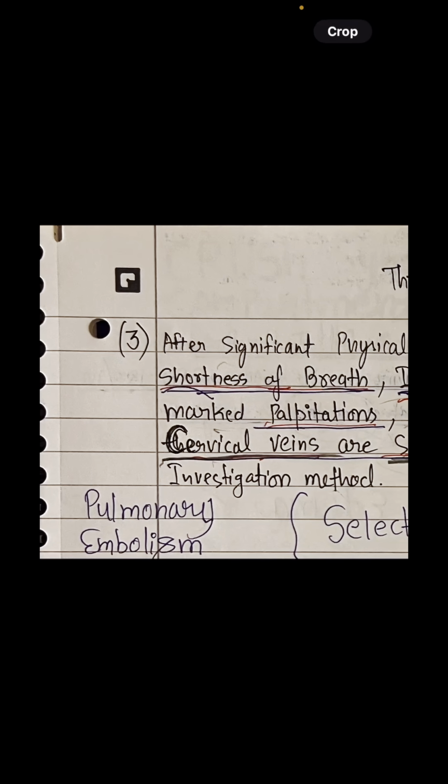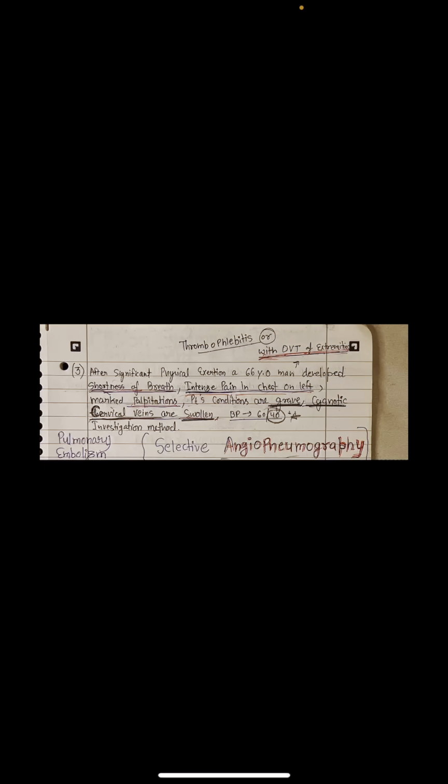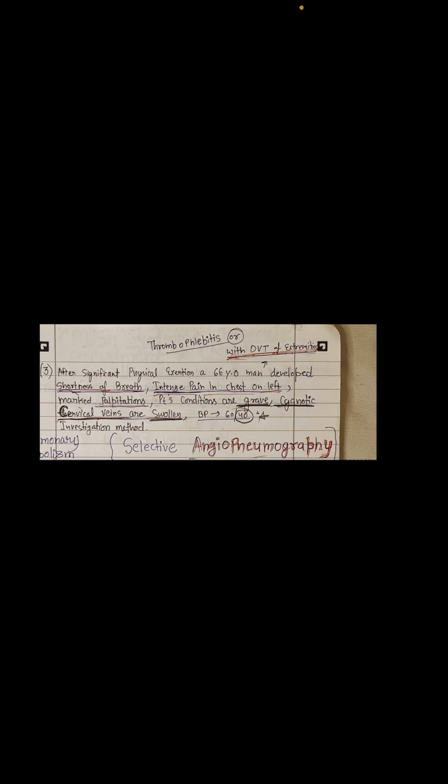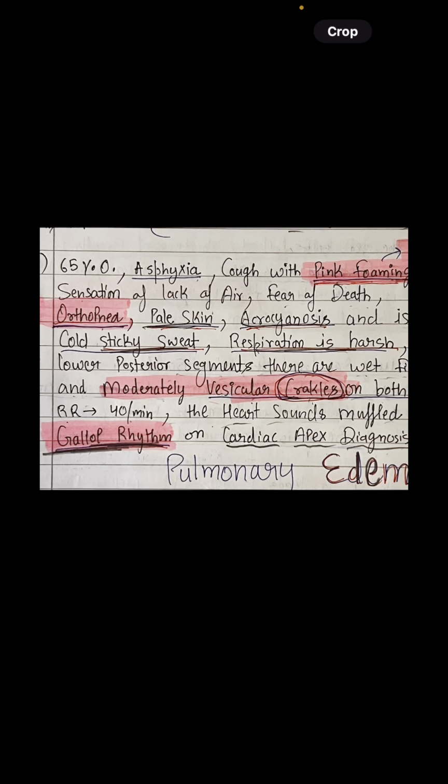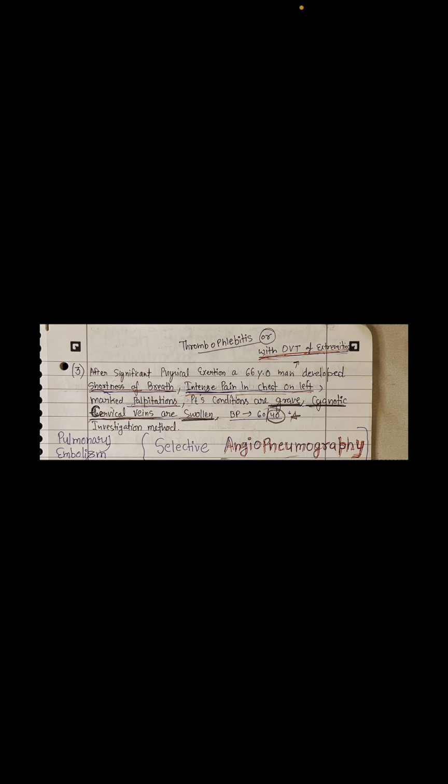So the diagnosis which I made is pulmonary embolism, and what we are going to do as an investigation is selective angiopulmonography. This is for the diagnosis of pulmonary embolism. Angiopulmonography is the method in which we fill the contrast into the arteries, and wherever there is a blockage, through the x-ray we come to know exactly where the blockage is, and how the pulmonary system